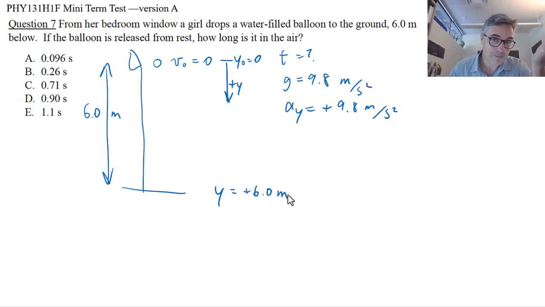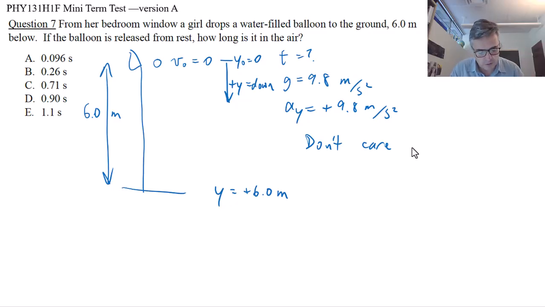There are many ways of doing this question, and you can define y as up if you want. I have defined y as down. Plus y is down. If plus y is up, then you just get negative acceleration and negative distance. And again, what do we not care about? It seems that we don't care about the final velocity just before it hits the ground. I guess it's going to stop when it hits the ground, but just before it hits the ground, don't care